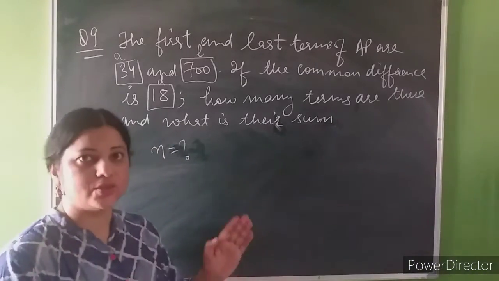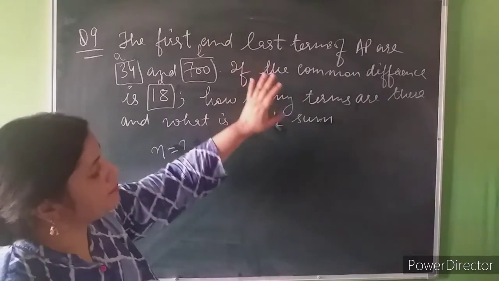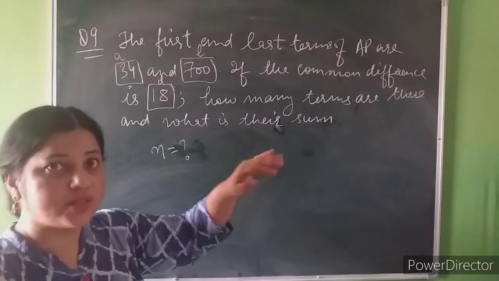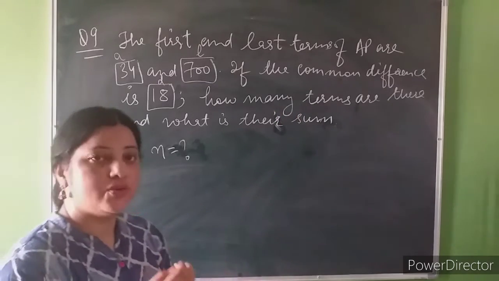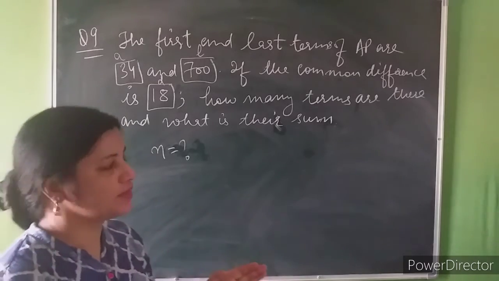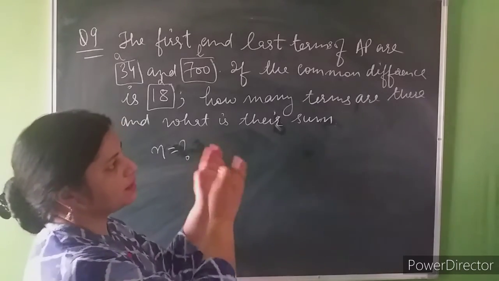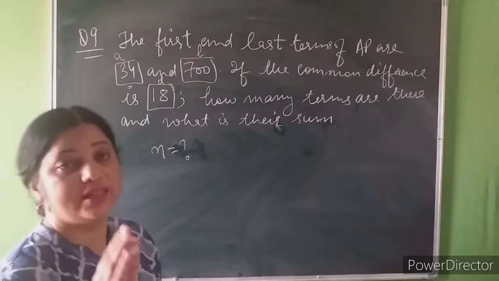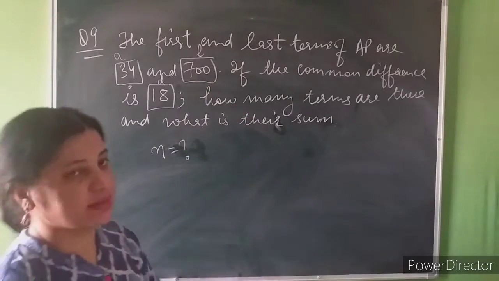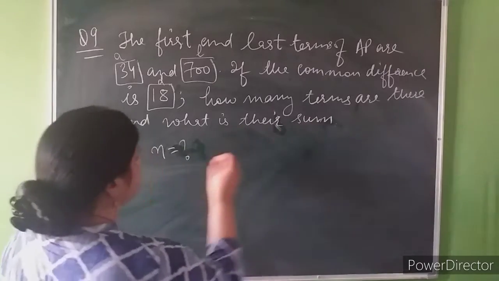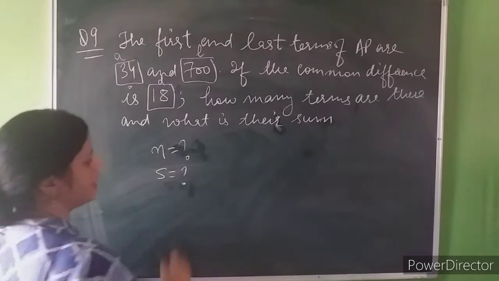So two things, students. This is the best choice of the examiner for setting this question in the exam, because it will actually make use of so many formulae. It will help you in applying so many formulae of the chapter, and the teacher or the examiner will be able to check your full knowledge regarding this chapter. So I would term this as the best choice for the examiner. So don't miss such questions which make use of so many things related to a chapter in one. Now, what is their sum means we have to find S also.